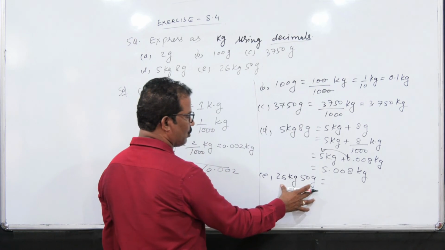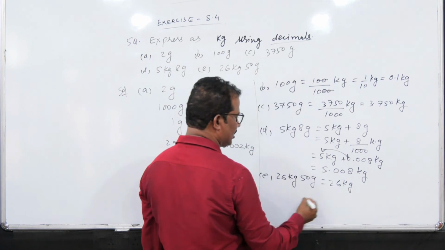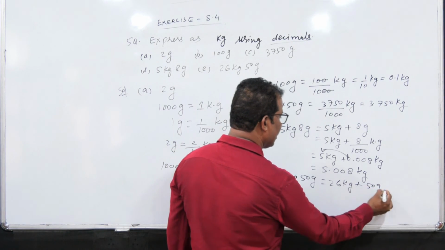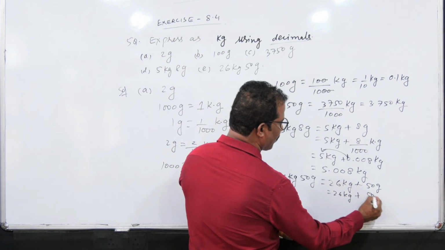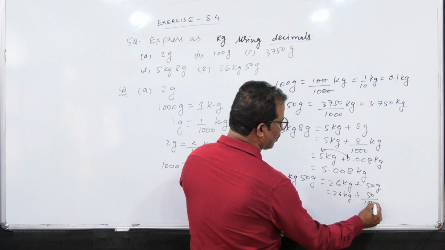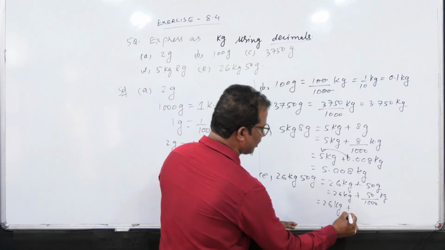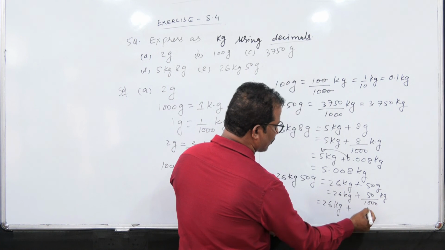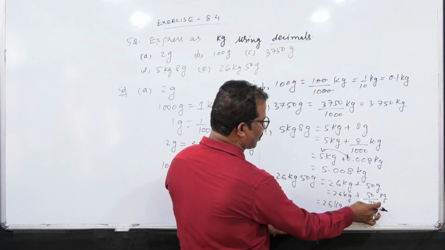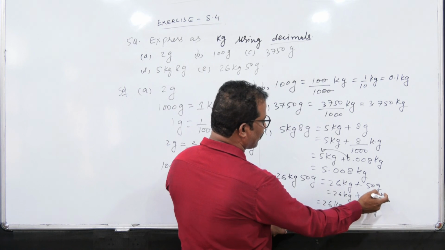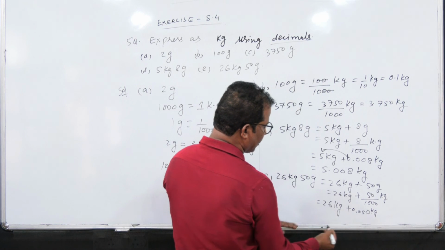Again here also there are two units, kg and grams. We have to break the question in this way: 26 kg plus 50 grams. It will be equal to 26 kg plus this gram converted into kg, which means we have to divide by 1000. Now it is kg only. And again 26 kg, if we divide 50 by 1000, we will get what? 0.05. So if you divide by 1000, we will put a point from right to left after 3 places. 1, 2, nothing is there means 0, point, like this.